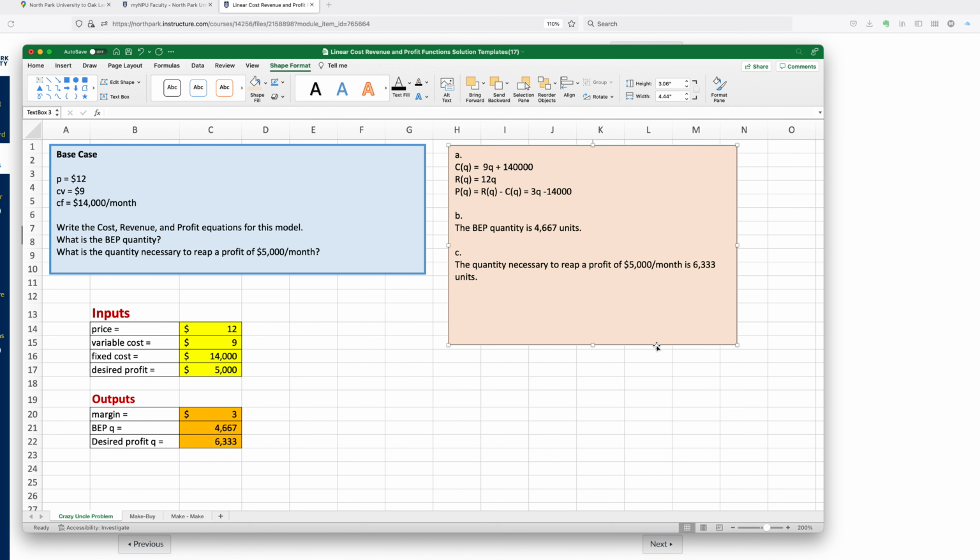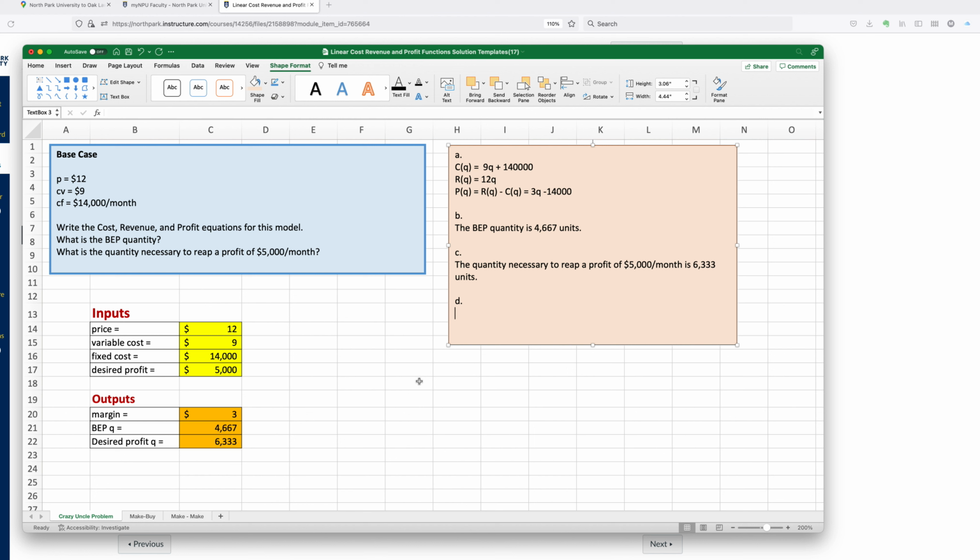There are my answers. And let's say part D might be a question. We don't have it, but let's say the question is, what is my profit or loss if I sell 3,000 units? Well, the break-even point is 4,667 already. So if I sell 3,000, it's less than the break-even point. I'm going to lose money, but how would I do it? Well, I would take this profit equation, 3Q minus 14,000,